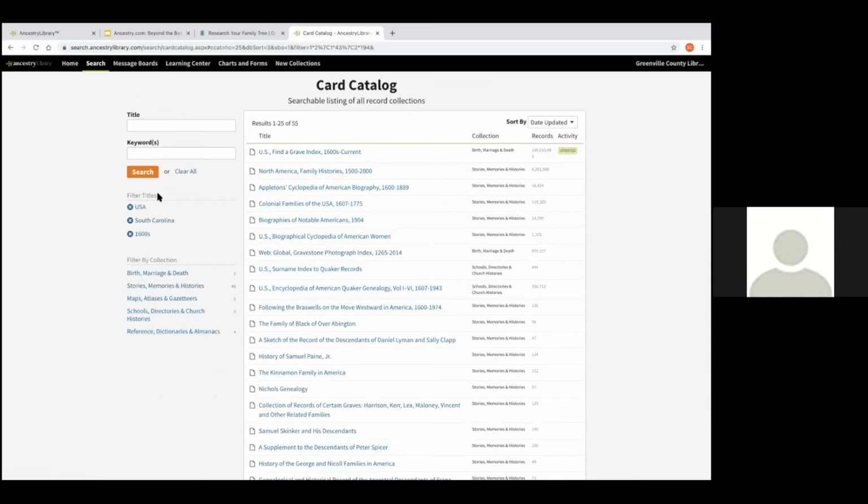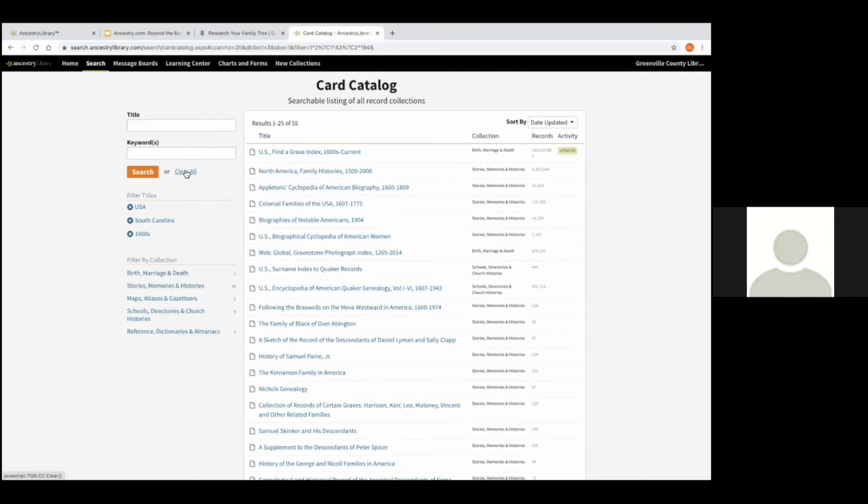But one of the biggest, I feel like not a lot of people know about in the card catalog are browse only collections. And I want to talk about how you can find these collections, because they seriously can be a treasure trove of information. And these are unindexed collections on Ancestry. So basically, if you were to do a search for your ancestor, if they happened to be in one of these unindexed collections, it will not return on the search page, and you would miss it because it hasn't been indexed yet. So how do we find these on Ancestry, and how do you utilize them?